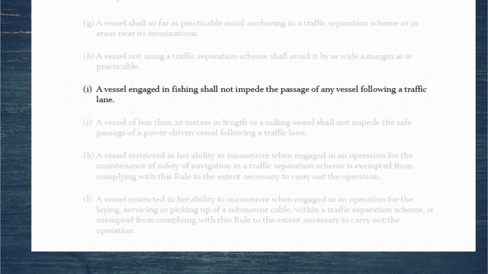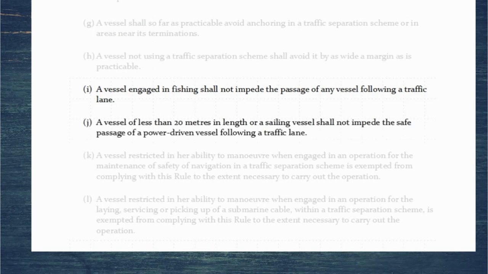A vessel engaged in fishing shall not impede the passage of any vessel following a traffic lane. Now remember back to Rule 9, where the fishing vessels had to keep out of everybody's way. It's the same in a traffic separation scheme. If a vessel is following a traffic lane, a vessel engaged in fishing is not meant to impede you. And then vessels of less than 20 metres in length or a sailing vessel shall not impede the passage of a power-driven vessel following a traffic lane. So these two, there's less people that they're not meant to impede, but they're still meant to not impede the passage of power-driven vessels